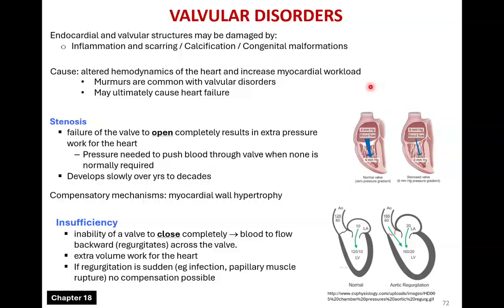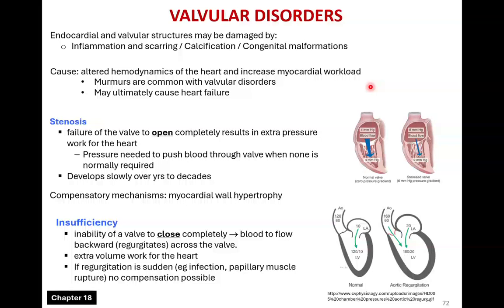It can be congenital. You could get stiffening of the valves. You can get inflammation or scarring, right? And they can change the way blood flows. Usually they open and they close. They're silent when they're open, and you hear the heart sounds, S1 and S2, when they close, right? When they don't open or close properly, you get abnormal heart sounds, and they're called murmurs, right? And we will see how, when they don't open or close properly, that can lead to